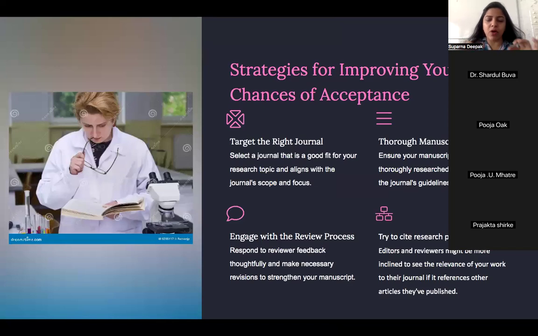But just as we said, search for the proper journal according to your topic or whatever your title is. So I will show you that. Manuscript should be written as per the journal's guidelines. This is very, very important. And it is also very important that whatever feedback the reviewer has given, we address it very well. Last thing, this is very important, try to cite because that journal is very relevant to